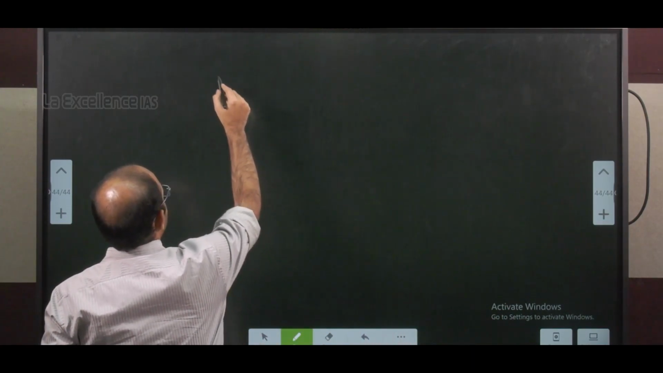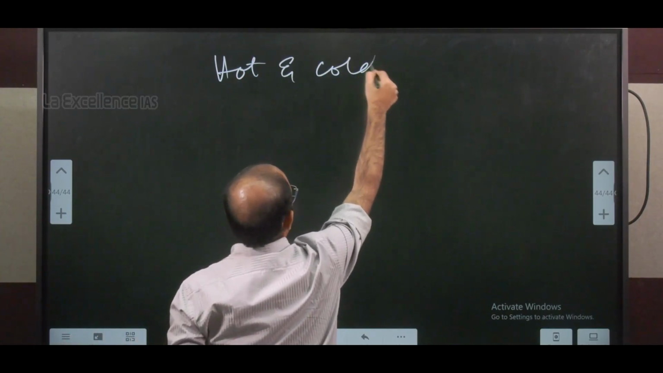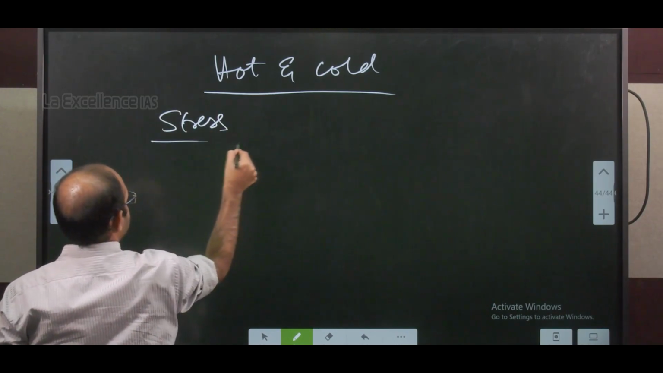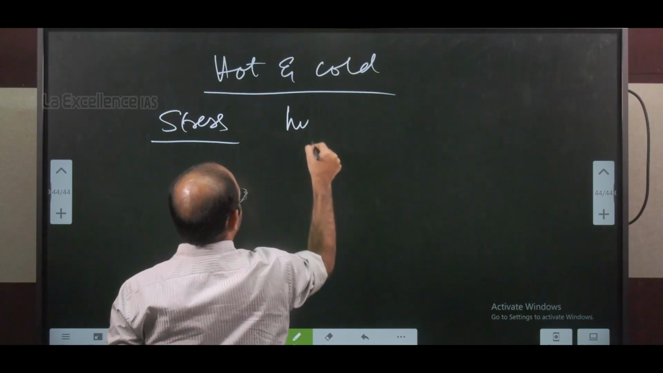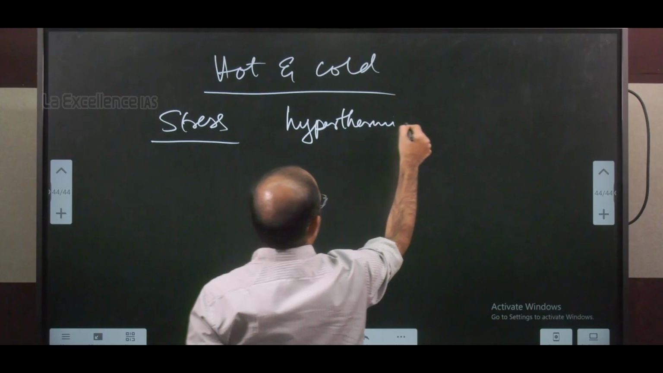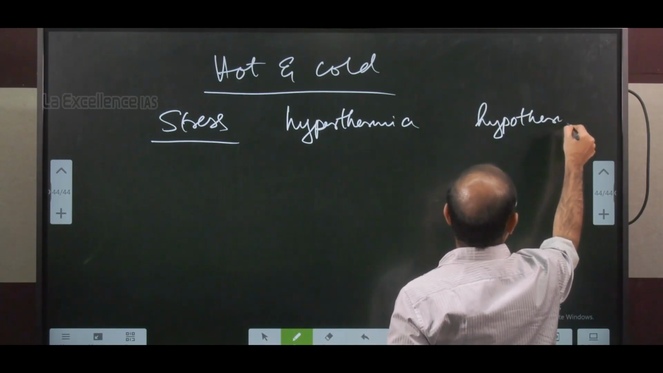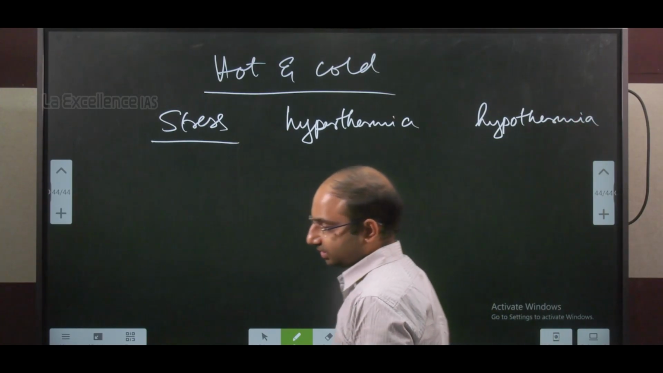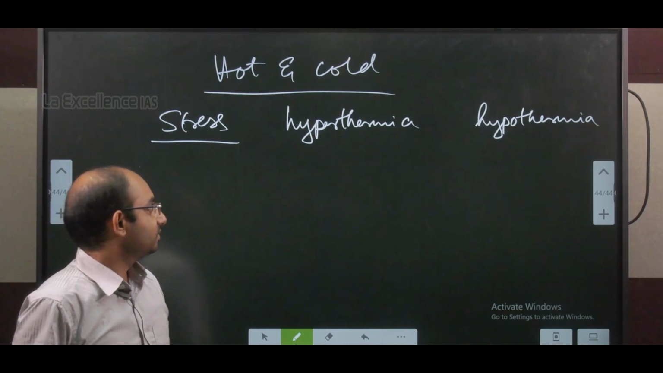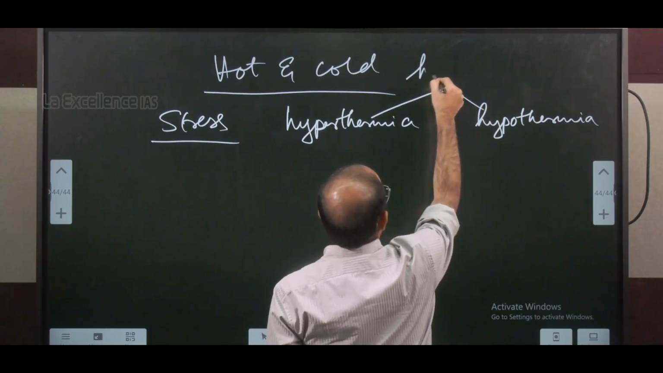I'll give you a framework for both heat and cold stress. How do you write the answer for this? First, discuss the nature of stress. What is the stress? In case of heat, the stress is called hyperthermia. Explain what is hyperthermia and also explain what is hypothermia. To explain both of these, you need to talk about